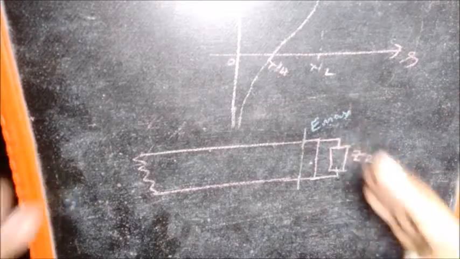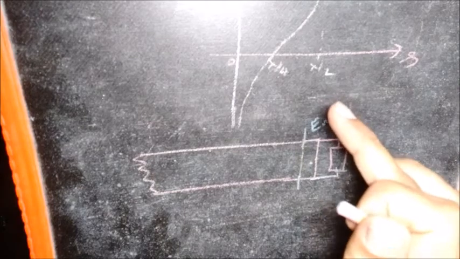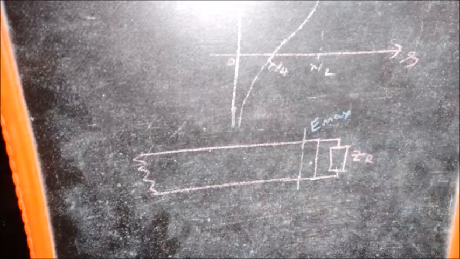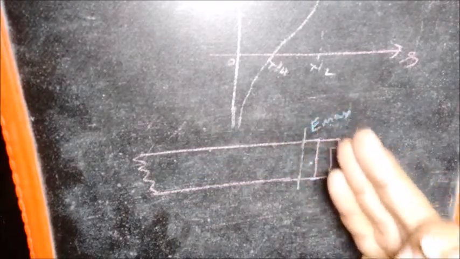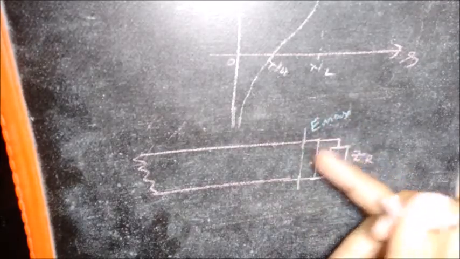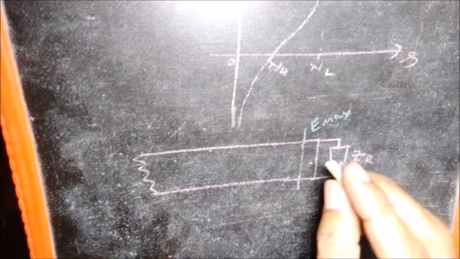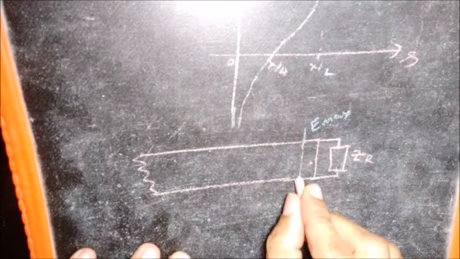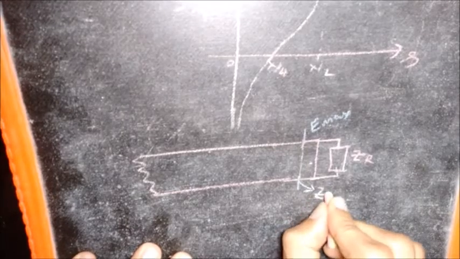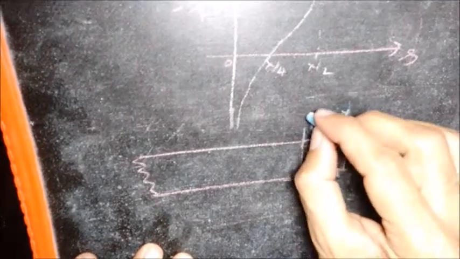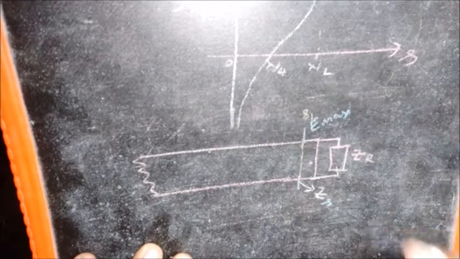waveform on the line will be such that it will have a maximum amplitude and a minimum amplitude. Let's say that the first maximum amplitude of the voltage occurs somewhere here arbitrarily. It's a general discussion. And let's say that at this point, maybe I will call it S1. S1 is the point where I have Emax.